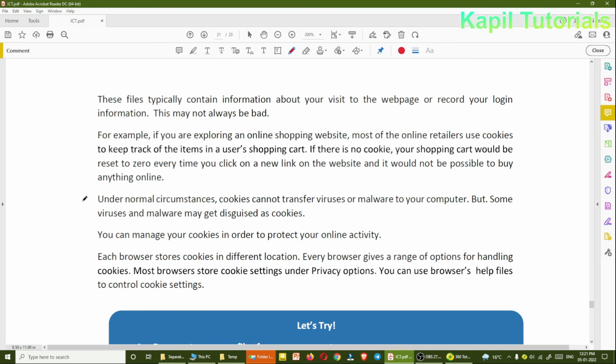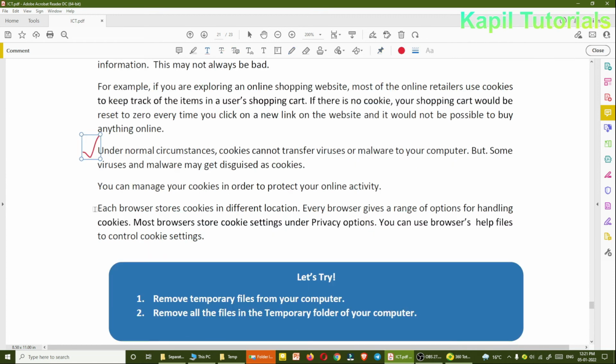Under normal circumstances, cookies cannot transfer viruses, which means they are safe. But sometimes viruses and malware may get disguised as cookies. Each browser stores cookies in a different location, and every browser gives a range of options for handling cookies. So you have to choose a proper browser. Chrome is okay, but it depends upon your choice.